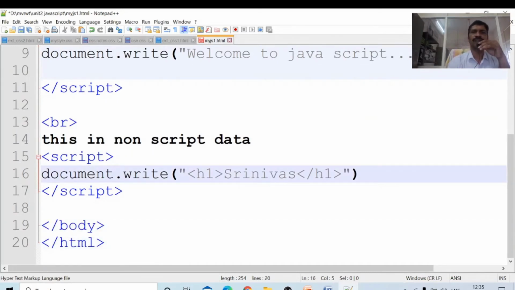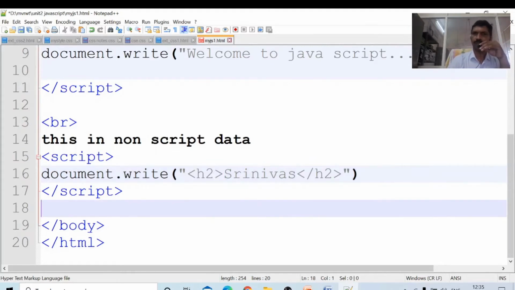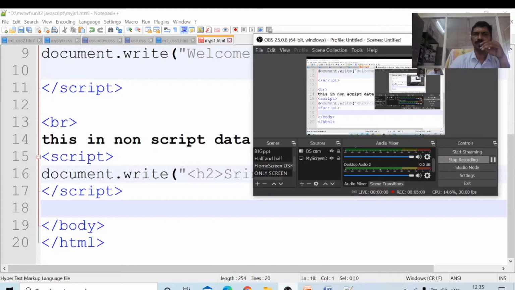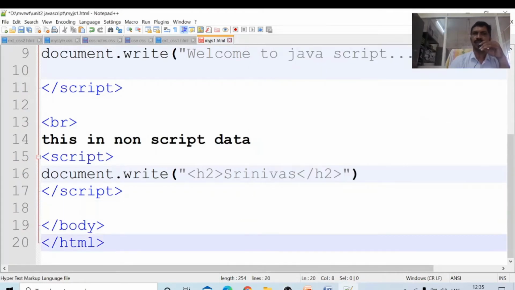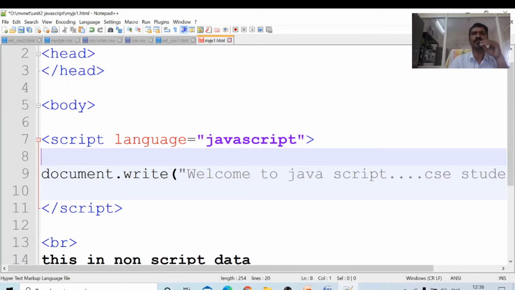If I give H2, slash H2, it will come within the H2 header. Any number of scripts are possible in a web page. This is our first program. This is the main script, language equal to JavaScript, document.write, Welcome to JavaScript, some matter, slash script.